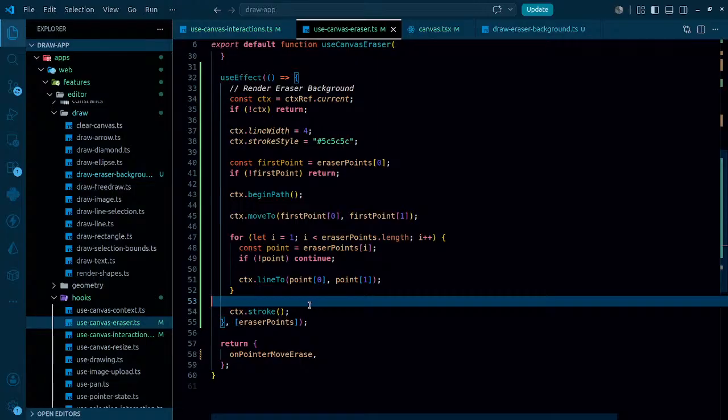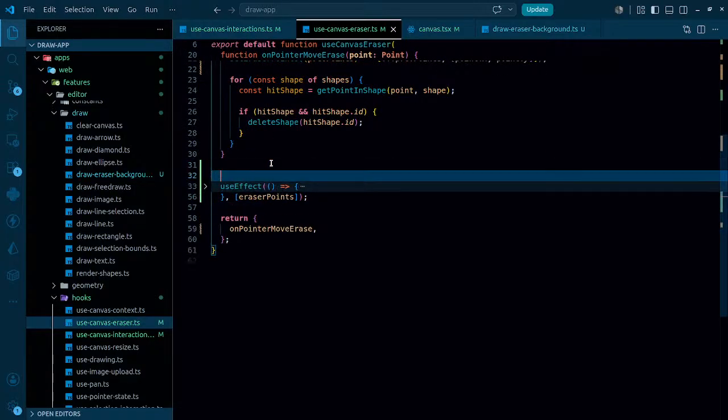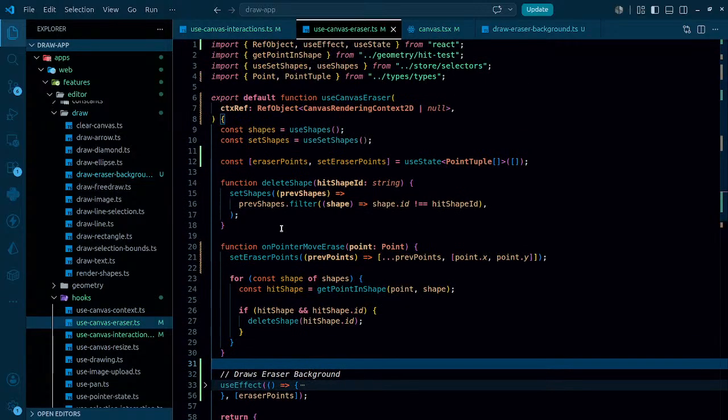Eraser ctx.stroke, this is gonna be drawn, and once this particular thing is done, okay, so I've done this particular section, and apart from this particular thing, whenever the mouse up happens,